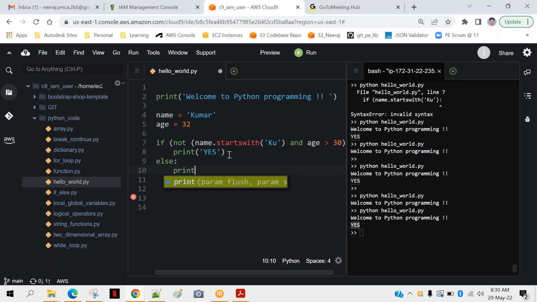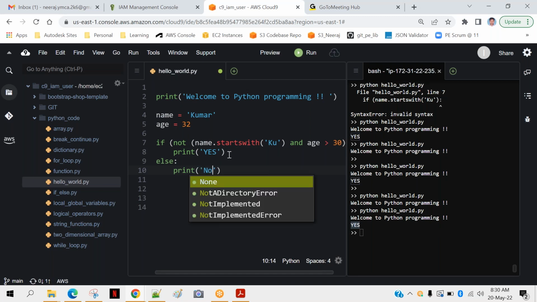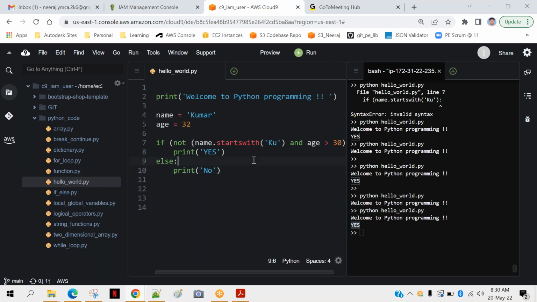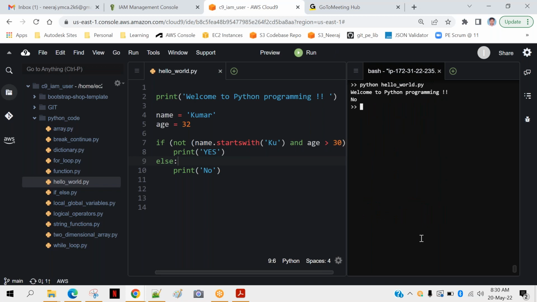So I will put print and I will put no. Okay, like this. Let's see what it will do. You see that, welcome to Python programming. It's displaying no. So this is all about logical operators.